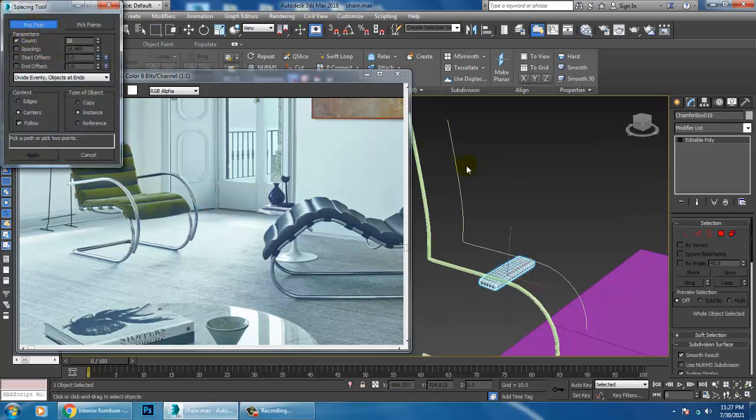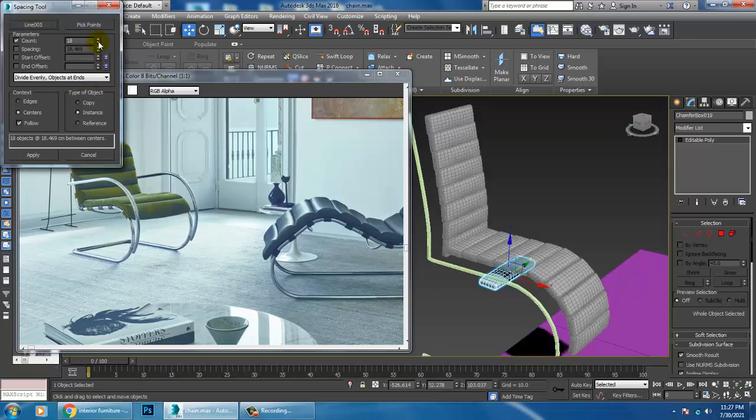Pick path, and if you want you can definitely increase the points, and let's click OK.